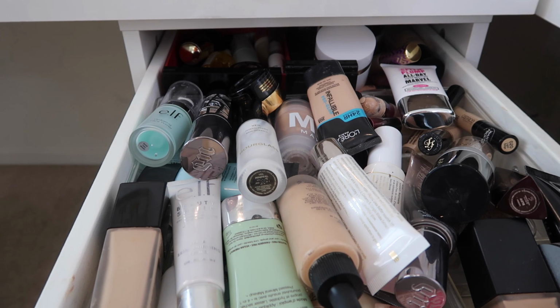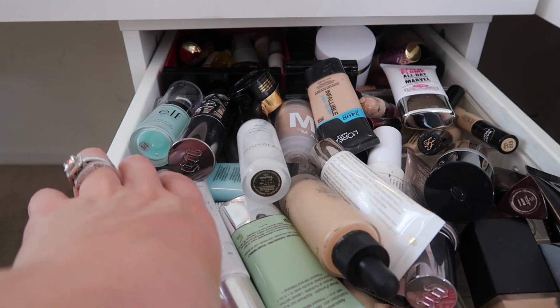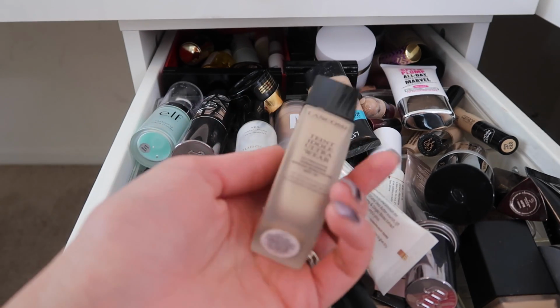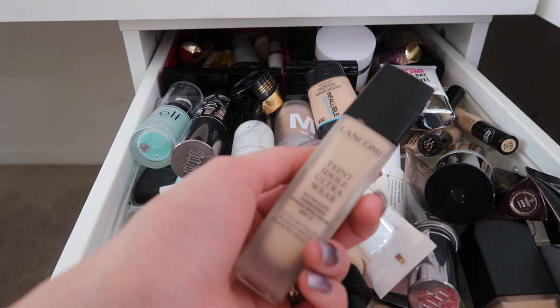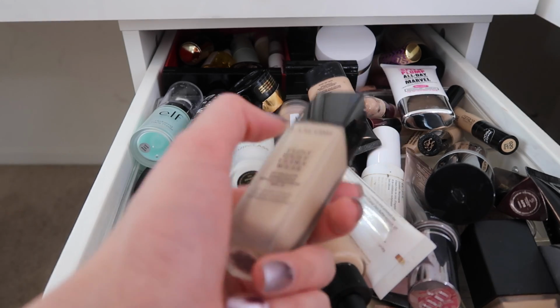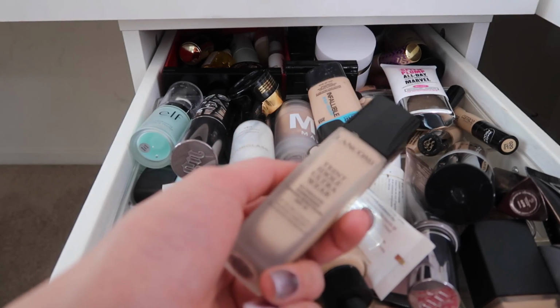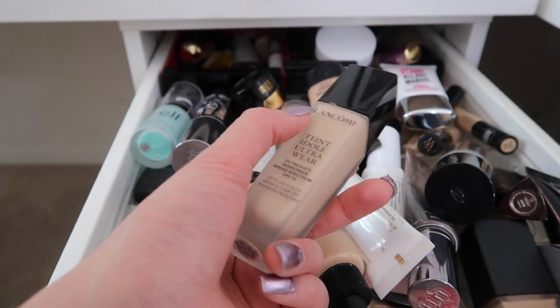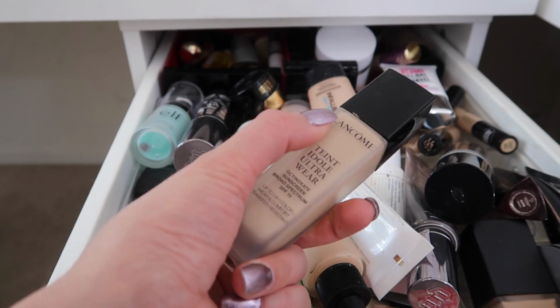One I haven't used in a while is this one from Lancome, and it's because it's a little pale for me during the summer, but I feel like now that I'm probably not going to be as tan that we're heading into fall, I'm going to bring this one back out because I don't think I've worn it since maybe late spring, early summer, and I actually really like it, so I'm going to bring this one out for the